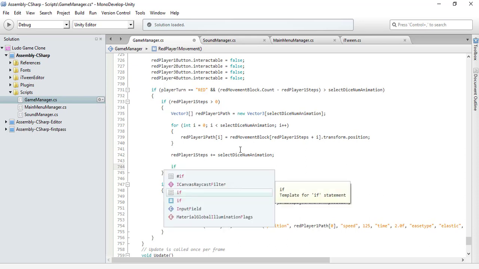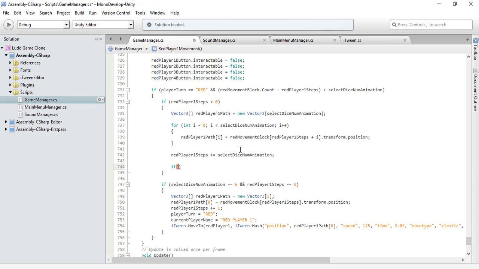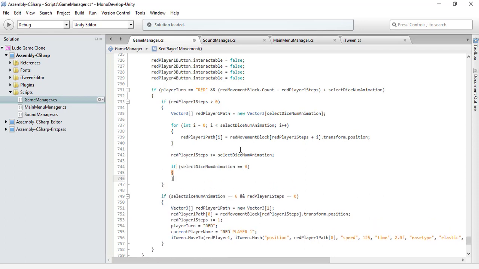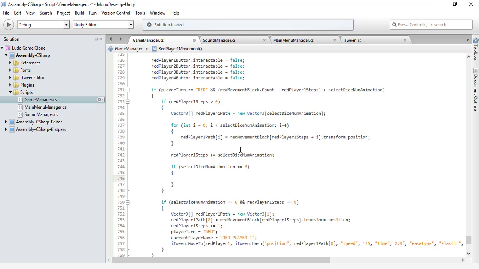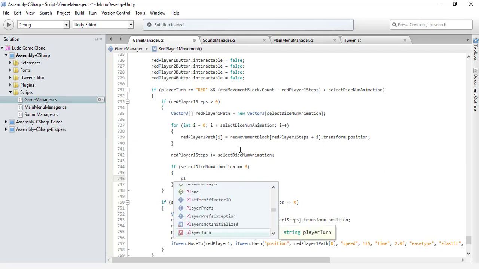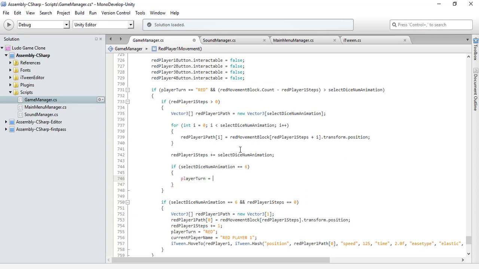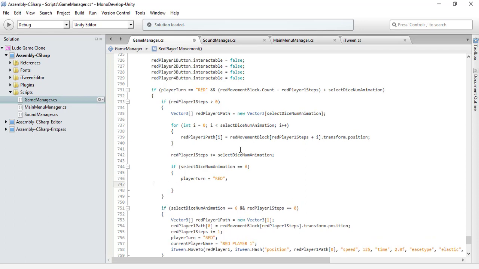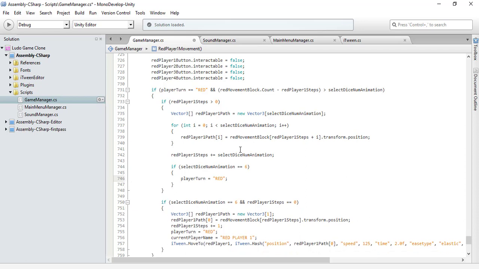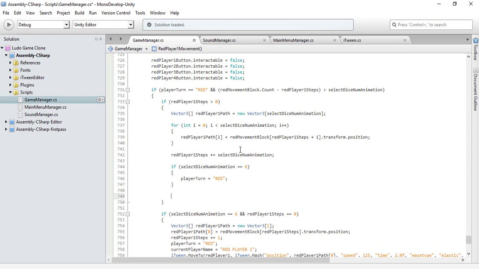Let's check, in case we have rolled a 6. Yeah, it can be that we have rolled 6. So the same red player is going to keep the turn. We are not going to switch the player turn. So player turn in this case is going to be equal to red. Okay, I apologize for the typing. So it will be red. Else,